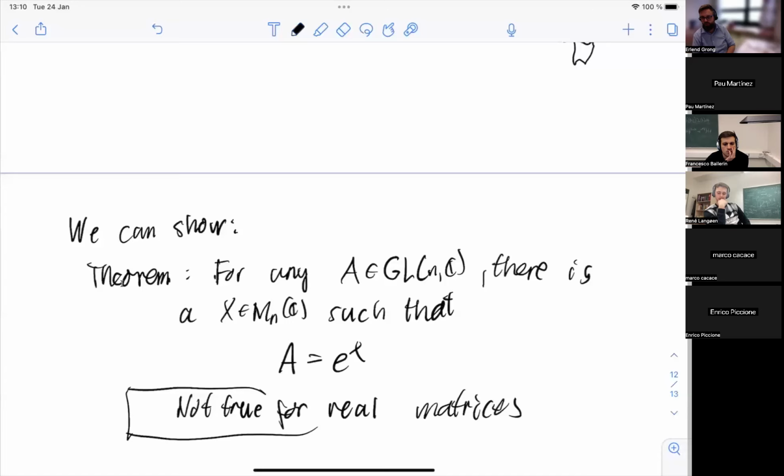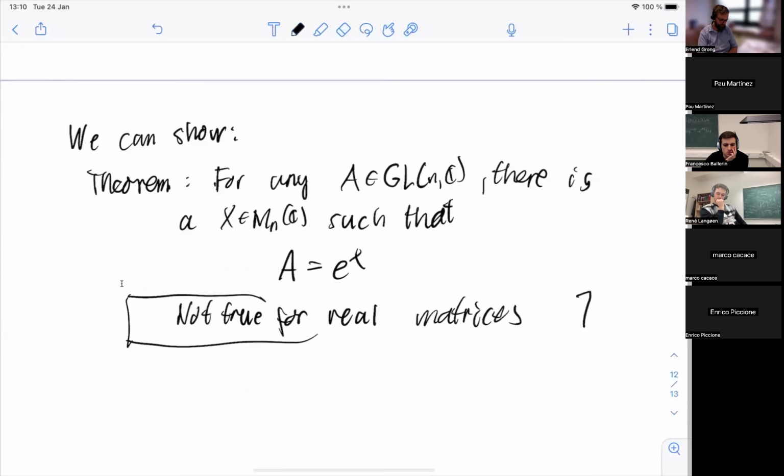Just like -1 can be written as e to the i pi, so you can get -1 out, but you have to use a complex number. Real matrices are not necessarily the exponential map of another real matrix. And again, it mirrors the fact that the thing we have in dimension